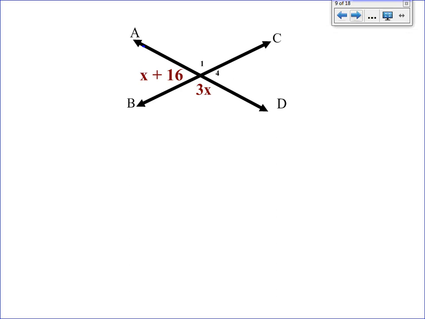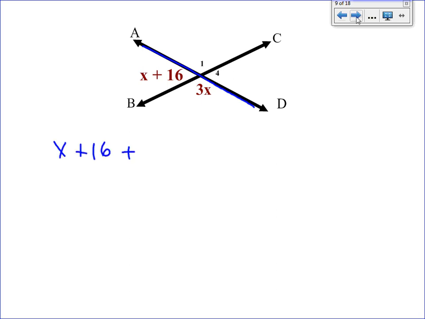These angles are next to each other, and when you put them together, they form a straight line. They form the line AD. Therefore, they are supplementary. What do we know about supplementary angles? Supplementary angles are two or more angles that add up to 180 degrees. So if these two angles are supplementary,